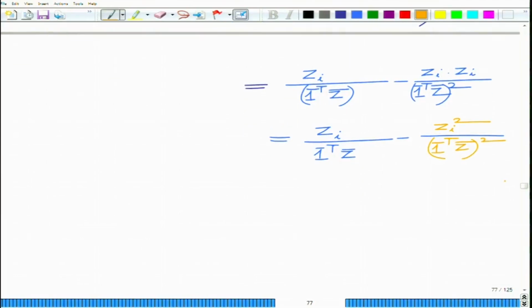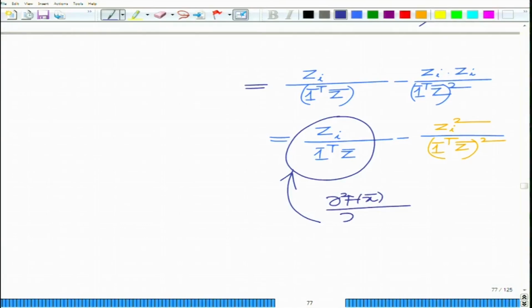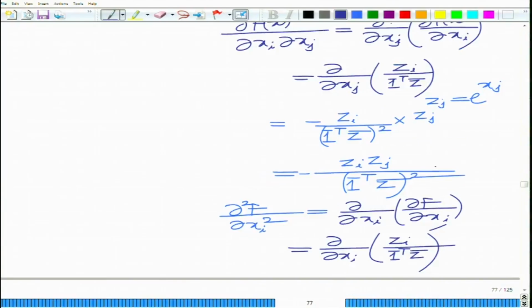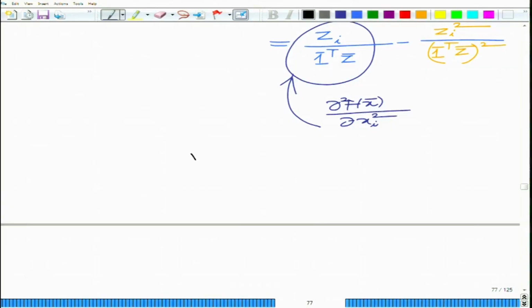Okay. So these terms are only present in terms of the form dou square f of x bar by dou xi square. They are not present when you are in the second order terms of the form partial with respect to xi xj. So you can readily see that if you look at the Hessian,